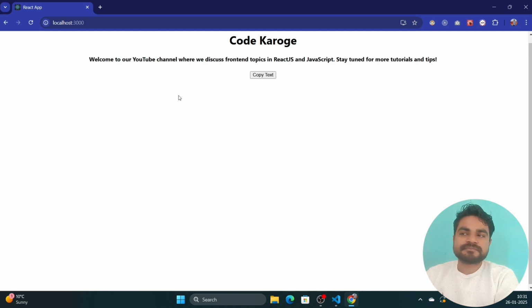At that time, we would need to write the same code for multiple screens and multiple times for copying data to the clipboard. What we can do is create a custom hook for the same code, and we just call that hook from other screens also. So we can easily avoid rewriting the same code.